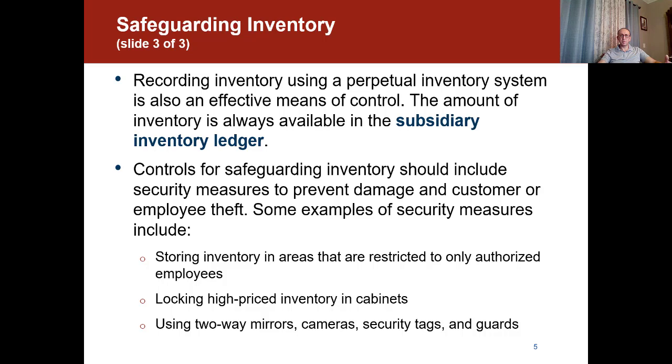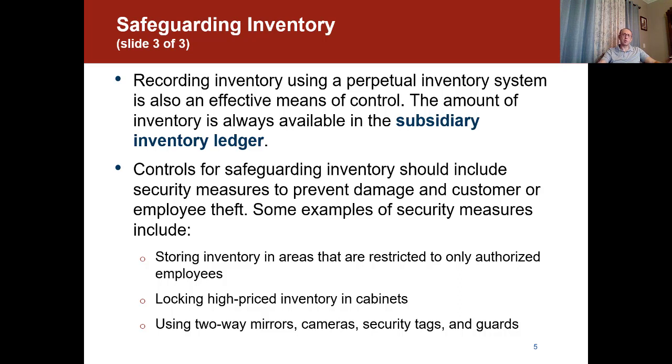So it's also an effective means of control. So the amount of inventory is always available in the subsidiary inventory ledger. Controls for safeguarding inventory should include security measures to prevent damage and customer or employee theft. Some examples of security measures include